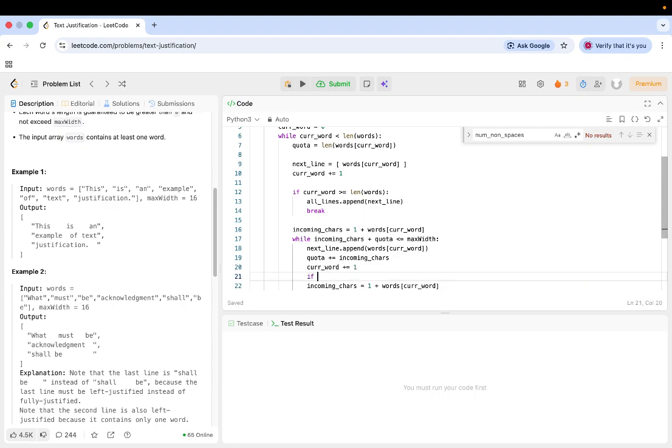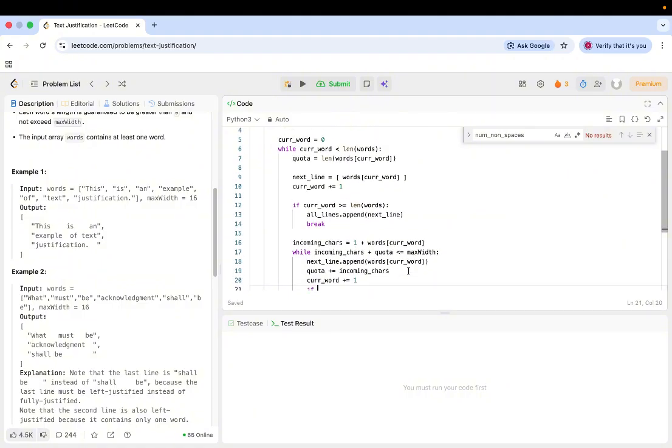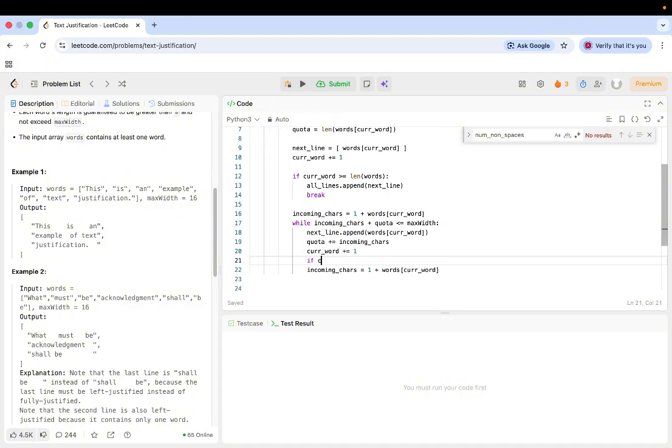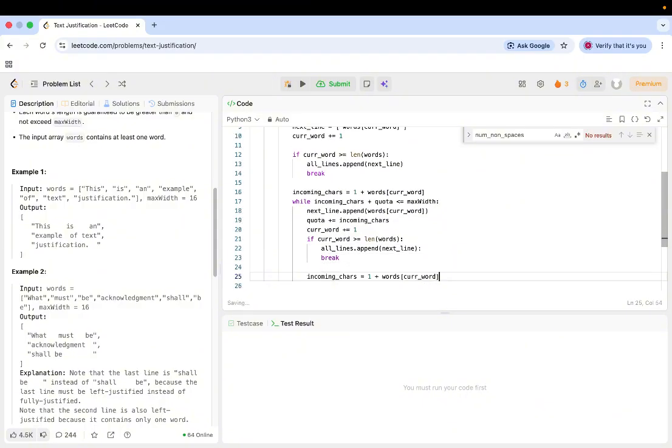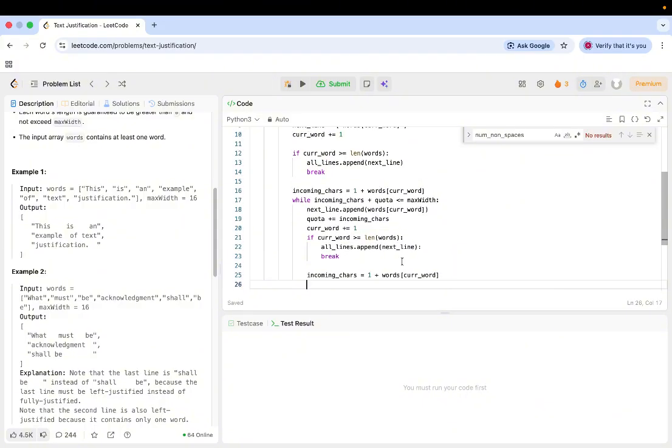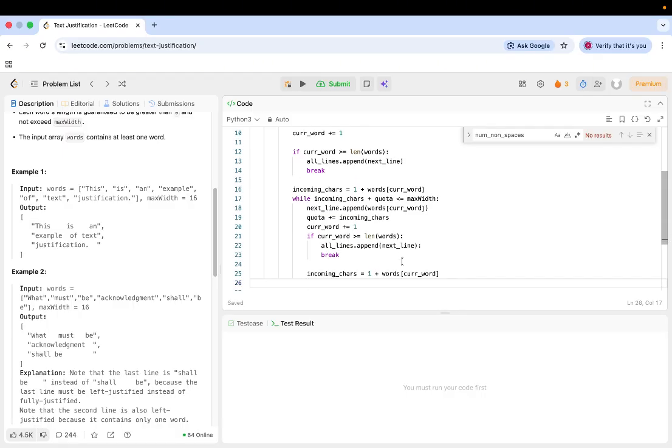Again, if current word is greater than or equal to the length of words, then we want to all lines dot append next line. We want to break out. Incoming chars equals 1 plus the words at the current word, and then